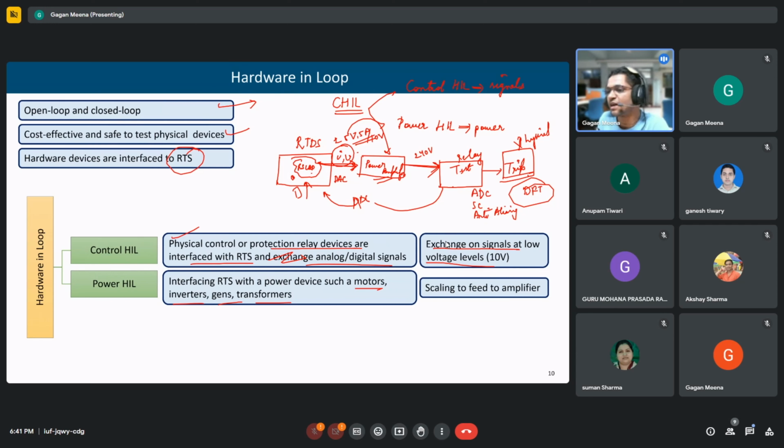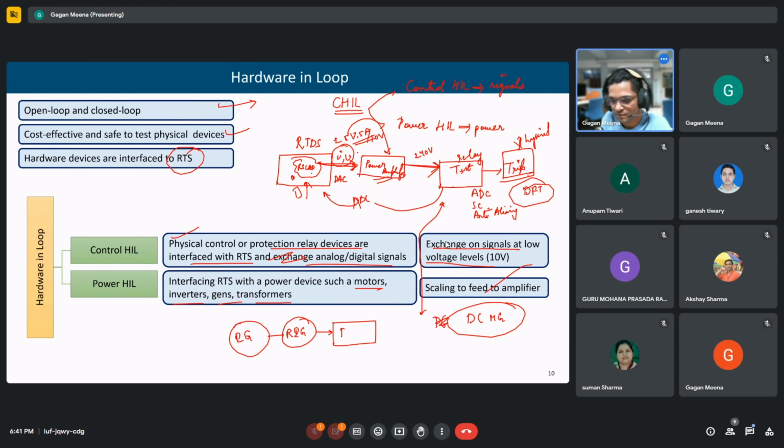So instead of this test system, we can connect an entire DC microgrid also, as shown in one of the case studies. One DC microgrid was connected to the Indian grid. First of all, that huge Indian grid was converted into a reduced Indian grid. Then at one of the buses, here the power amplifier, and then